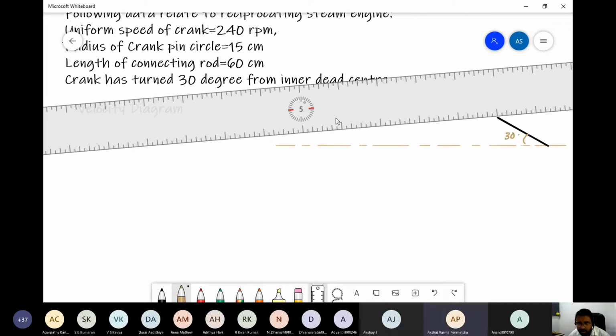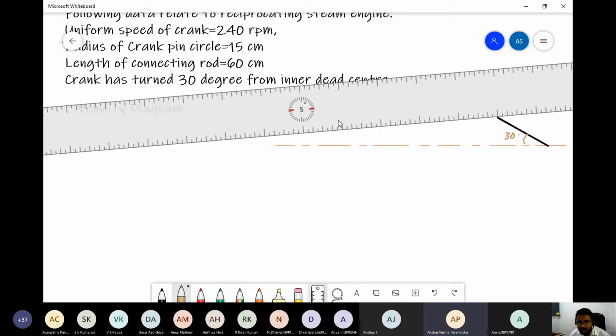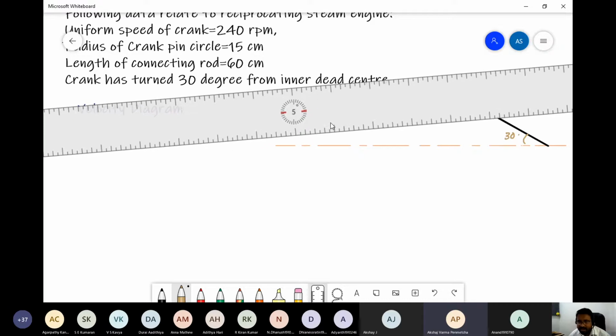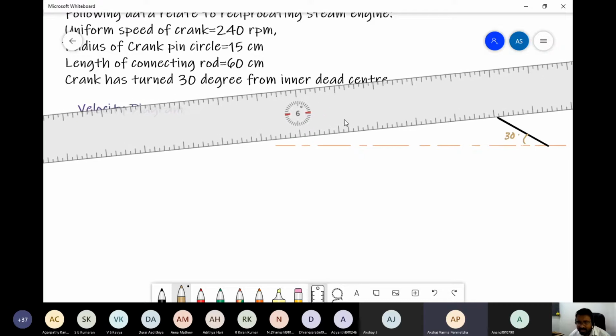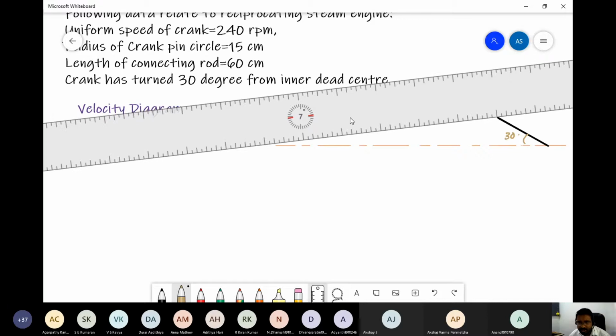Sir, should we submit this also next week? No, I am not telling you to submit anything now. I will give you an assignment at the end, so you submit it as a single assignment. I'll give you one or two problems only. You can submit at the end, okay? If you solve it in between the class, this is what I will give. The problem that I'm solving, only that I'll give as the assignment.